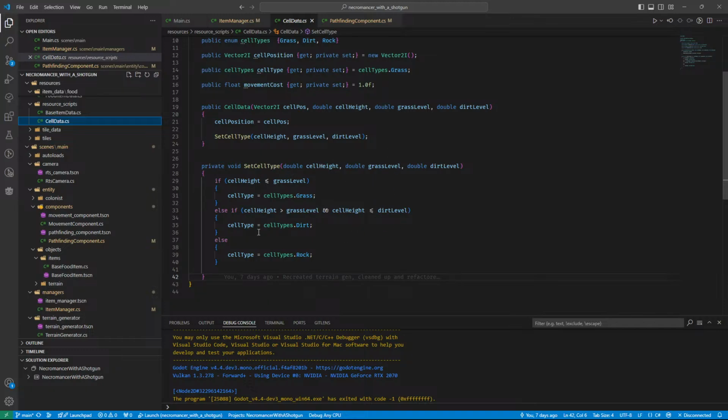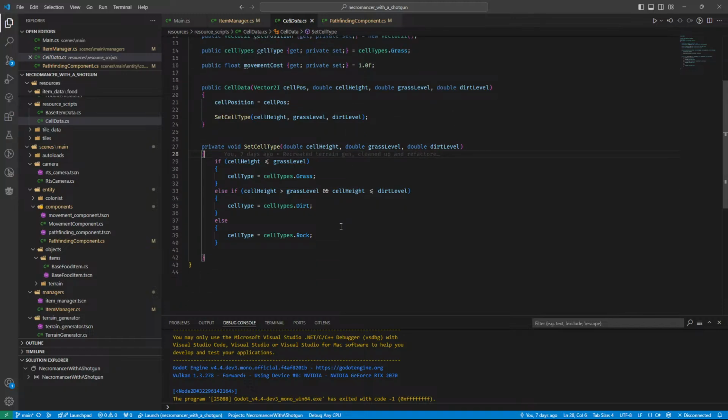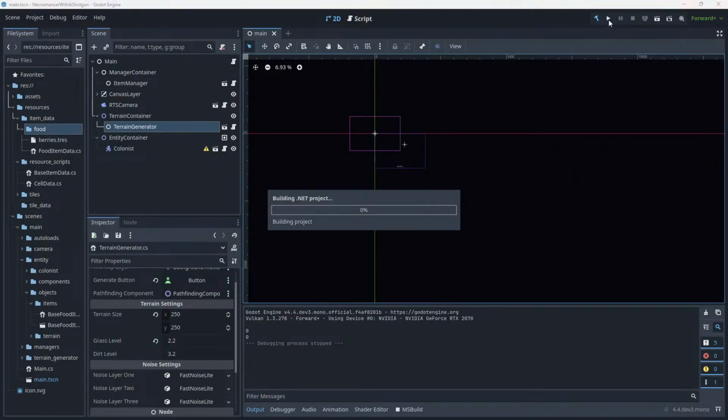If it's X or Y level, it is dirt. If it's above all of that, it is rock. This just allows really easy modification. And eventually, movement cost. So when I start adjusting movement cost, and now this is the really cool thing, if I go to the movement cost here and I set this equal to, I don't know, 5.0 f, and I set that to that, what should happen now, after I build this, is